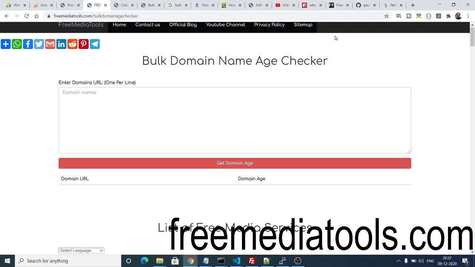So if you land on this website, this is a very simple interface. This is a text area where you can write multiple domain names, one domain per line. So let's suppose I write here domain name zapac.com, medium.com, freemediatools.com, facebook.com. So you can see I have written four domain names, and if I click get domain age, you